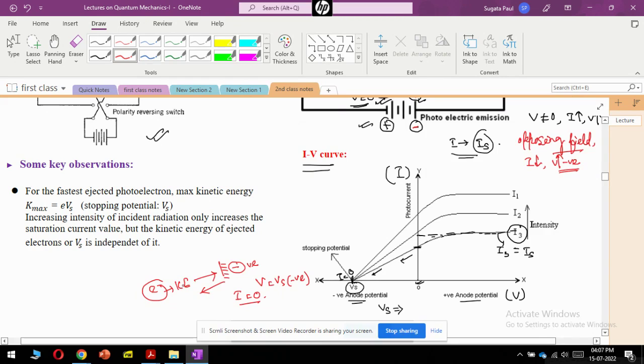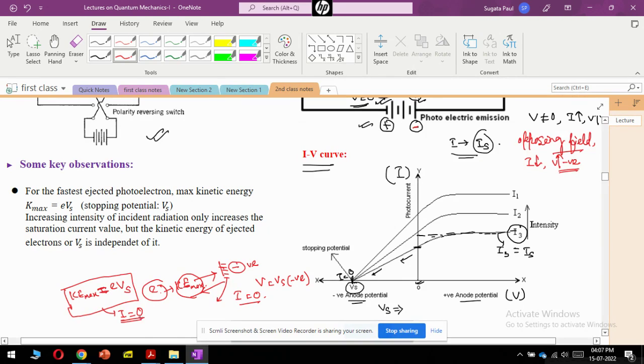And when these two energies, the maximum kinetic energy the electron can have and the maximum potential that can produce this opposing force to stop even the maximum kinetic energy electron, are equal, then, if this potential is Vs, we know that potential times charge gives us the dimension of energy. So when Ke max equals eVs, we will see that the current in the circuit becomes zero,